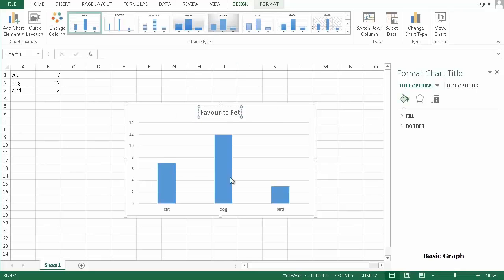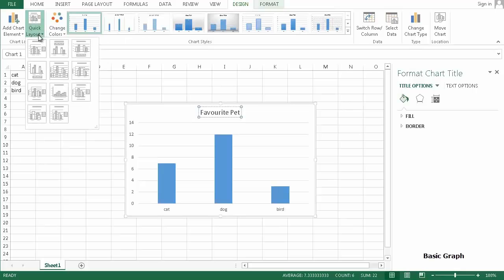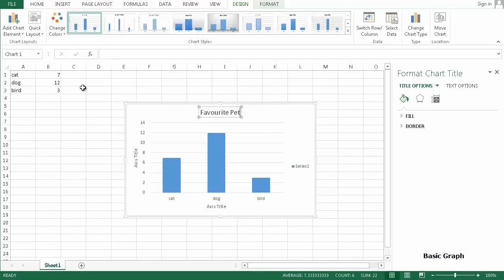Notice how as soon as you create your graph, there's this design. We're right now inside the design tab. There's this thing called quick layout. In Excel 2013, quick layout, what we can do is we can actually choose the layout that we like, and I like this one here, layout 9, and choose it, and we can see that we can actually add more titles. For example, on the side I can write votes, and on the bottom I don't actually want it,